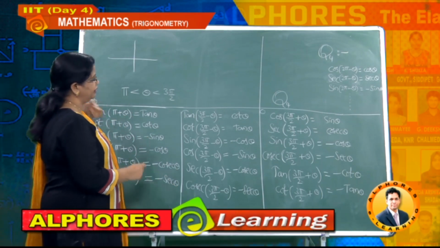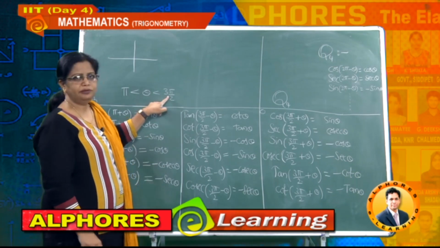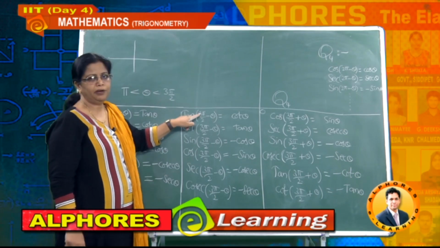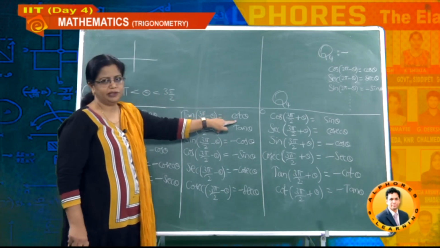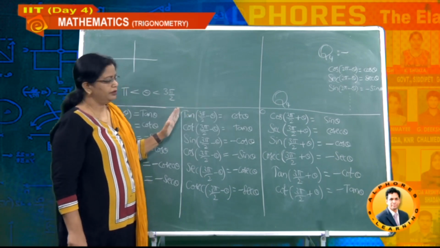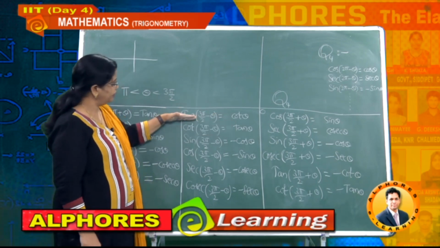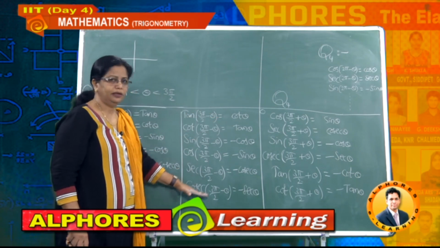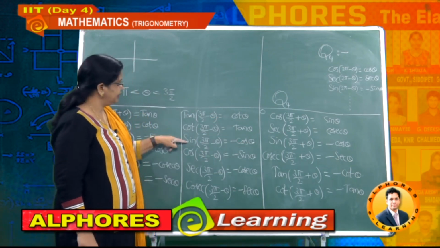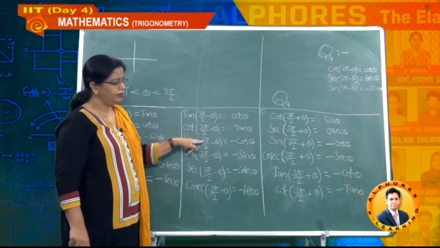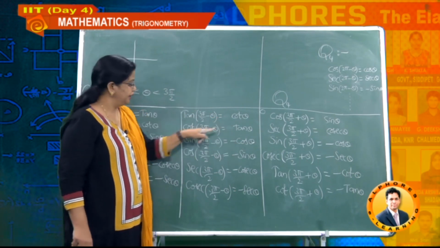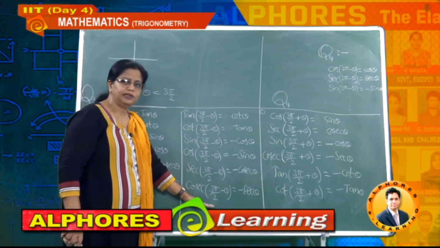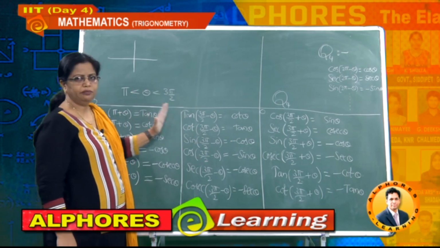Again in the same third quadrant, if you now use 270 minus theta, 3 pi by 2 minus theta, as it is an odd multiple of pi by 2, therefore the function must change. Again it is the third quadrant, therefore the value is positive. Tan and cot take positive answers, whereas all the other 4 take negative answers. You observe here sine of 3 pi by 2, an odd multiple of pi by 2, so the function changes. In the third quadrant sine must be negative. In that way the other 4 also we wrote. So this one is regarding the third quadrant.